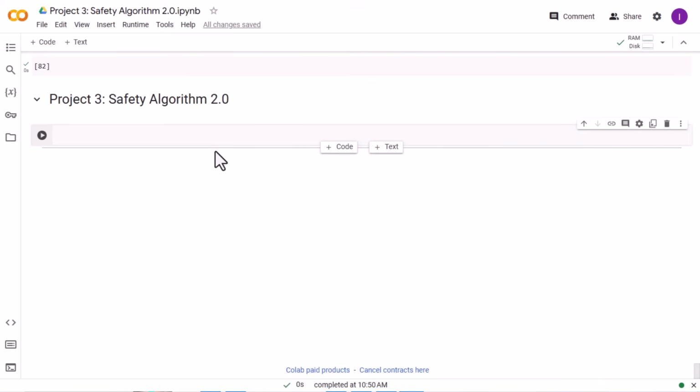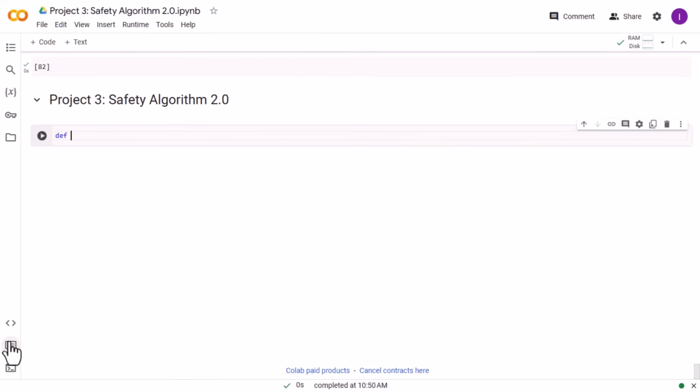Hopefully this went well for you. Let's do it together. First of all, we will define a function that goes through all the checkpoints and returns true if all the checkpoints are met and returns false for any other scenario. So let's define a function. So we will write here def followed by the name of the function. So let's give the name all_set,